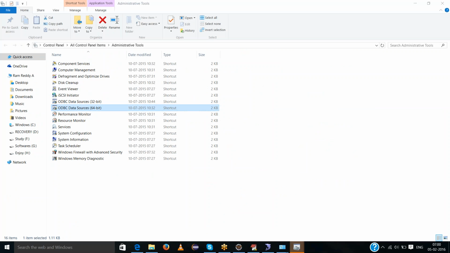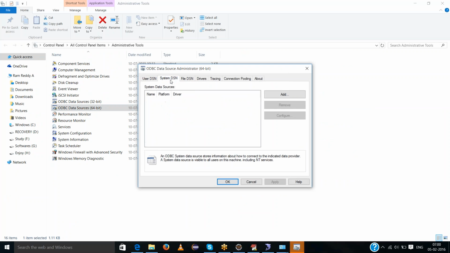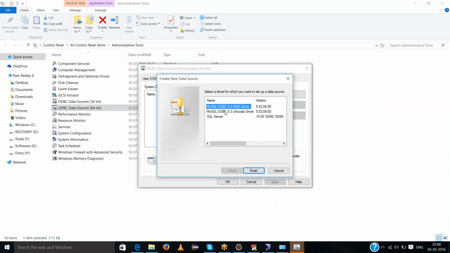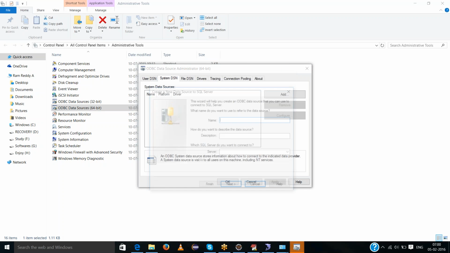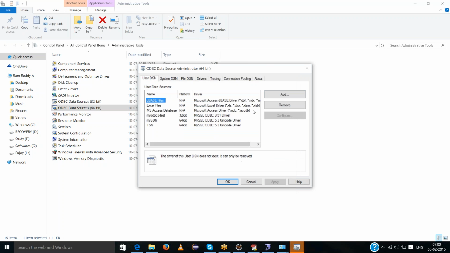Double click on 64-bit, User DSN and System DSN. Add, like Oracle SQL, finish. Driver name, description.